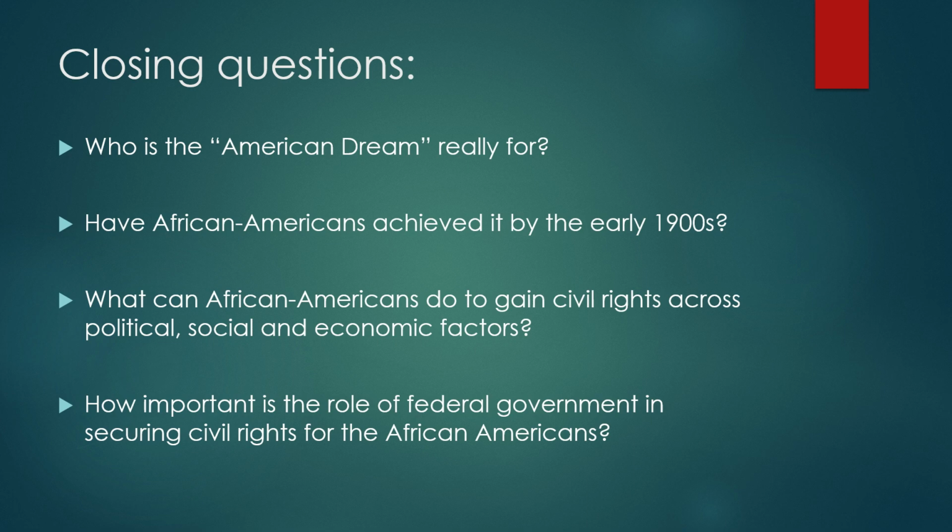So, some closing questions now as we enter the main part of the series. We get into the main part of the 20th century we're going to be exploring. The first one we encountered was, who is the American dream really for? And despite what the Constitution has said, that everyone should have the right to life, liberty, and happiness, it really seems the system has designed itself over its decades to favor whites over the African Americans. Have the African Americans really achieved it by the 1900s?